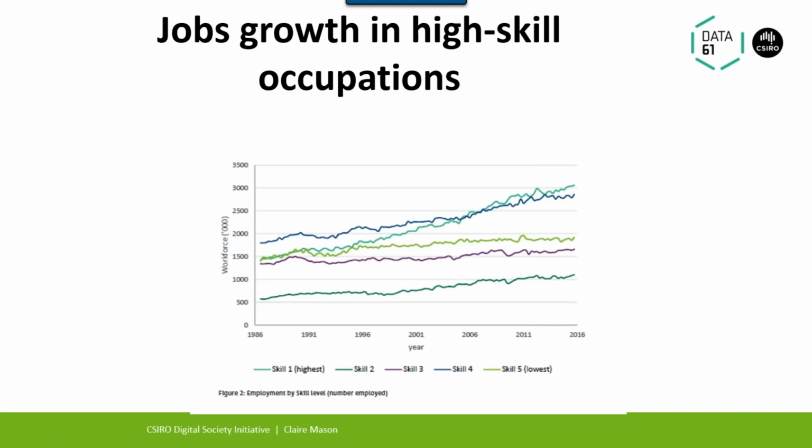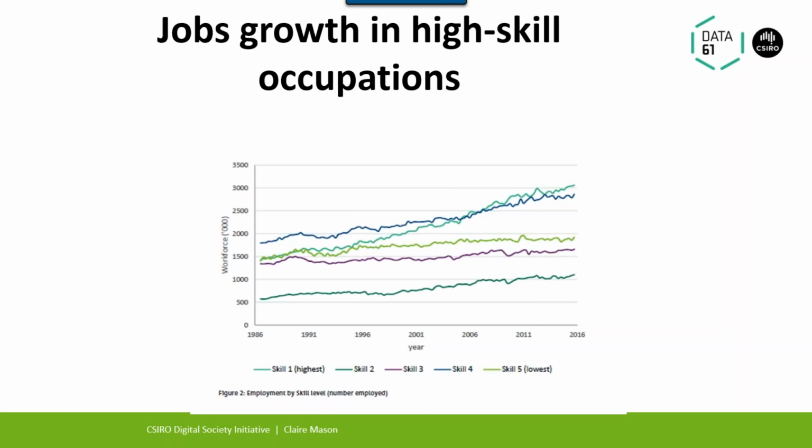So for example, on this slide here, we're using data from the Australian Bureau of Statistics Labour Force Survey. And what we've got with these lines is just the number of people working in occupations categorised as skill level 5, which is the lowest level of skill, up to skill level 1, the highest level. And when you look at 1986, which is where this graph begins, you can see that the top bar, the largest number of people, were working in skill level 4 occupations, which is roughly equivalent to a Certificate 2, Certificate 3 kind of education. But this occupational group grew only modestly up until 2016, and you can see towards